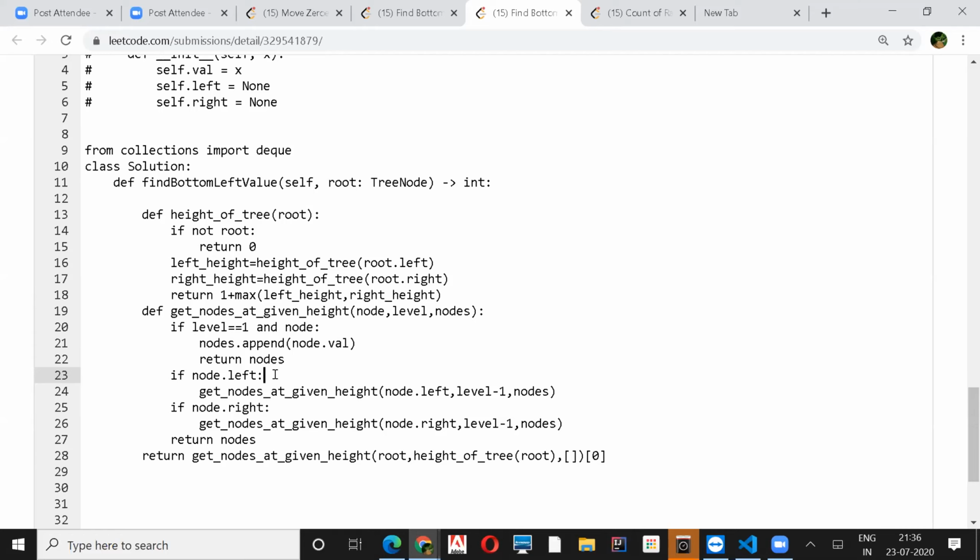So on line number 13 to 17, you are actually calculating the height of a tree, both the left and the right height. So that will give you the level. Yeah, that will give us the level, and then you are using that level. You are passing that in line number 19, correct? Yeah. And as you go down, you just keep on decreasing the level.